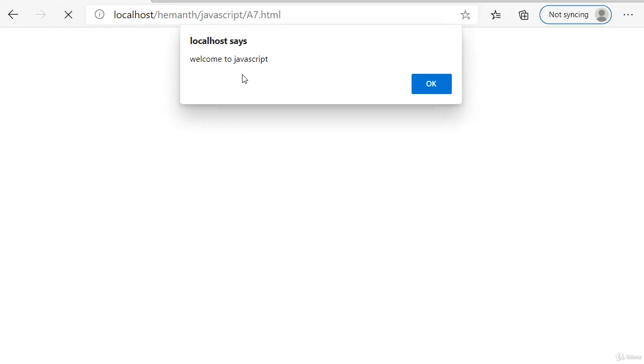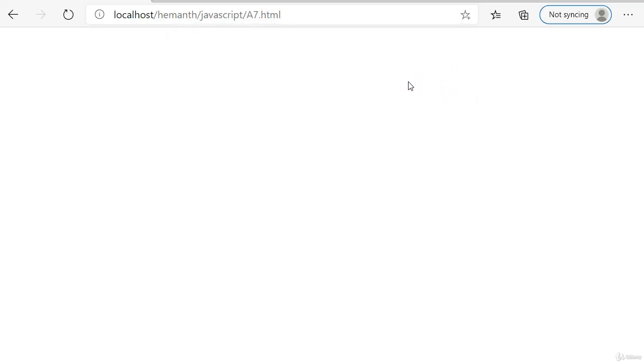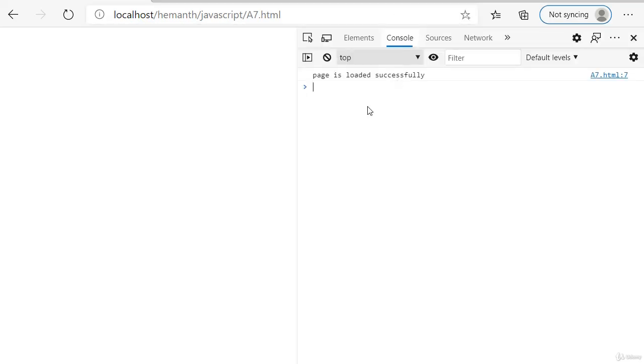So we are seeing welcome to JavaScript in our alert box. Just click on OK. Go to our browser debugger, click on the F12 function key, console. In the console, you will see page is loaded successfully.